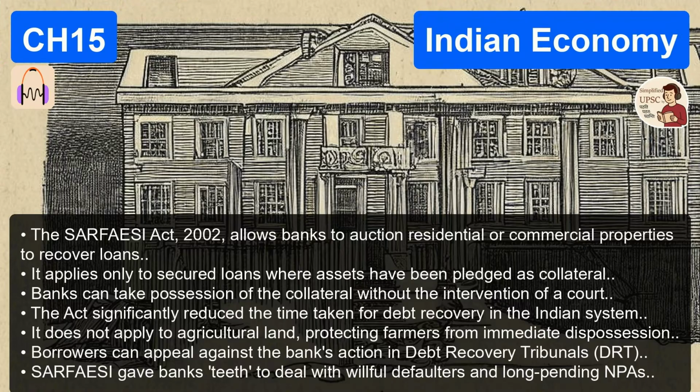Doubtful, meaning recovery is highly unlikely. And finally, if the bank's internal auditor or an RBI inspector formally identifies that the money cannot be recovered at all, it is classified as a loss asset. It has to be entirely written off the books. So what have we done to fix this mess? We couldn't just sit there and let the banks bleed out.